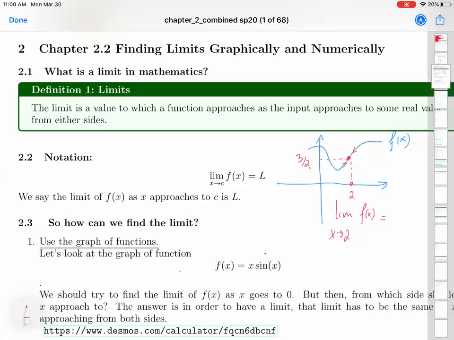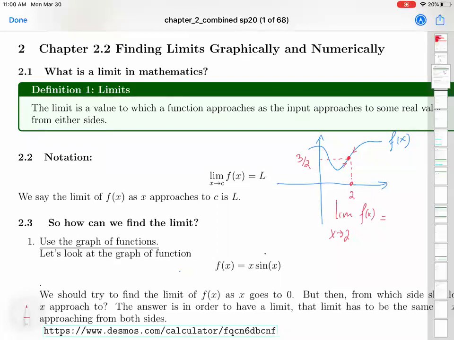In section 2.2, we'll talk about what the limit of a function is, and we'll learn how to find limits graphically and numerically. Definition of limits. The limit is a value to which a function approaches as the input approaches some real value from either side. If you look at this graph right here, this is the graph of